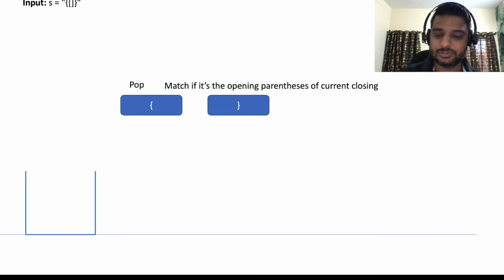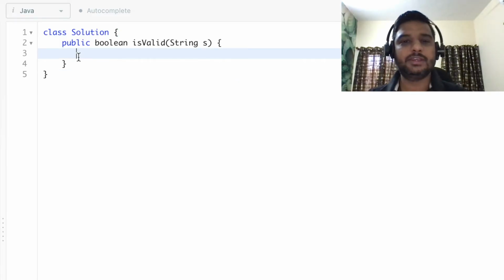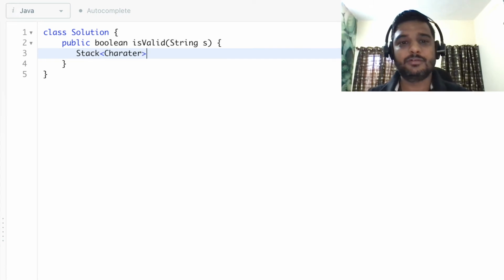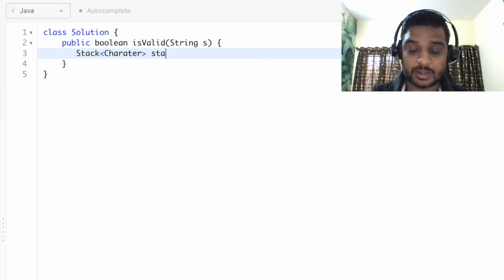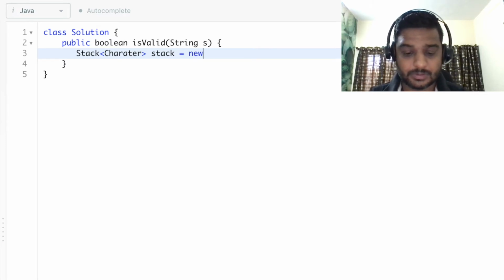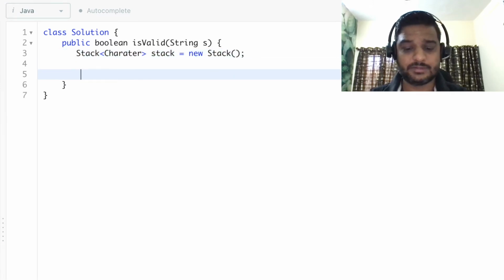So let's jump to the code. As we saw in the example, we need one stack. So I'll create one stack here of type character. It will store all the opening parentheses. So here we have created our stack.